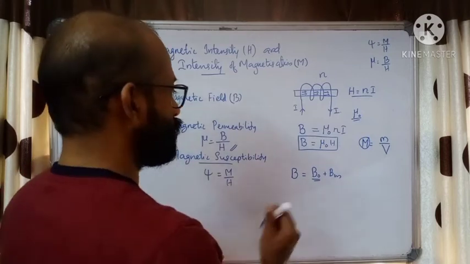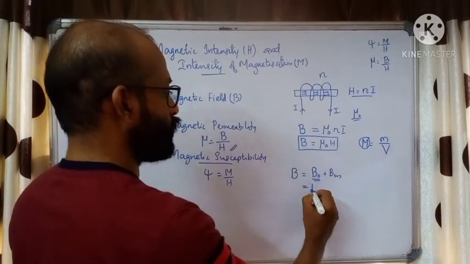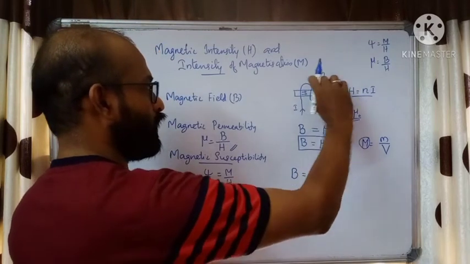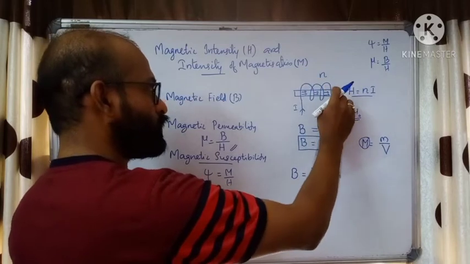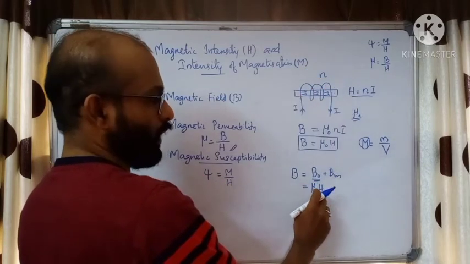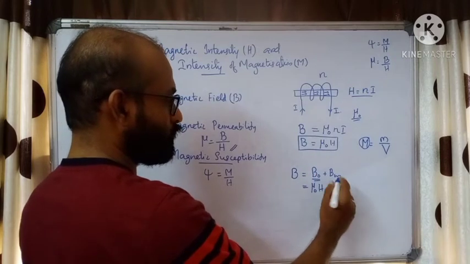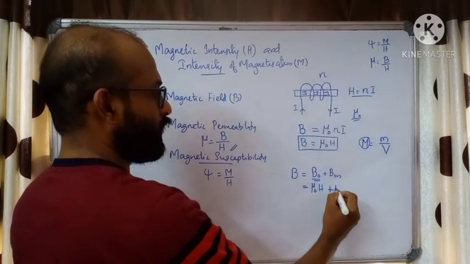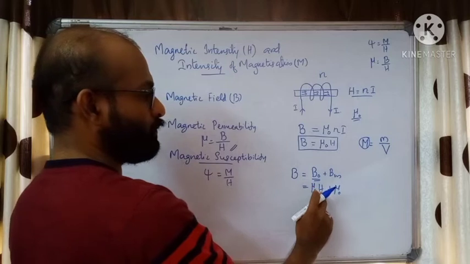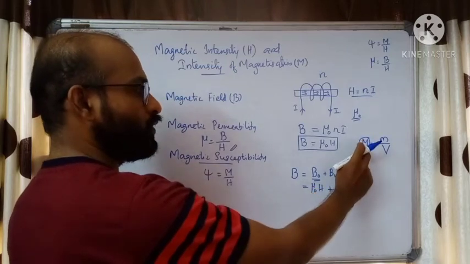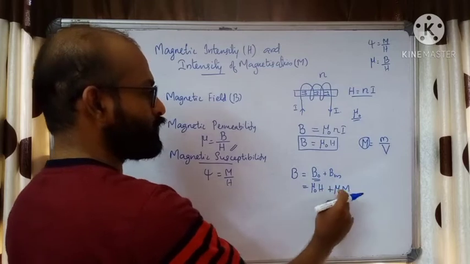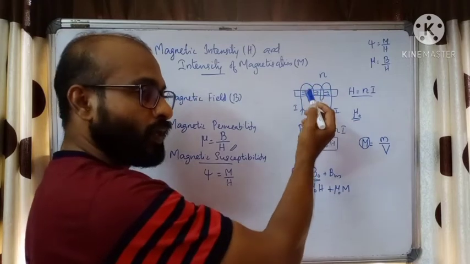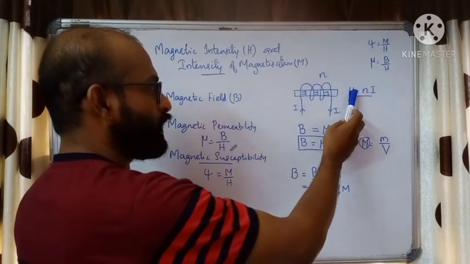Now how will you write this? B0 is equal to mu 0 into H. B0 depends on the medium, because there is a region having vacuum as well as a region with material. So we consider mu 0 H for B0, plus, due to the material, there is magnetism whose field lines will pass through this region. We replace H with a capital M because it is due to induced magnetism. So mu 0 H plus mu 0 M. Since the material is magnetized, that also produces a magnetic field, along with the field due to the current.